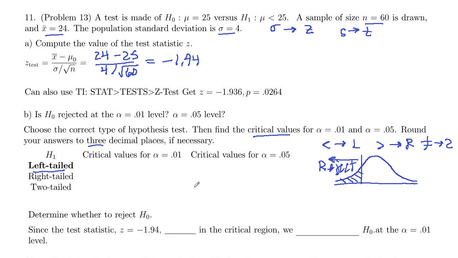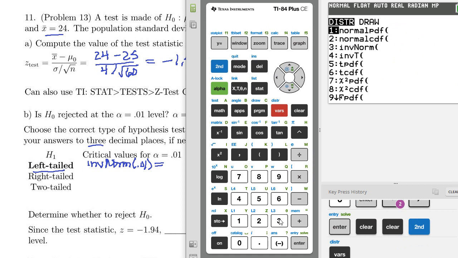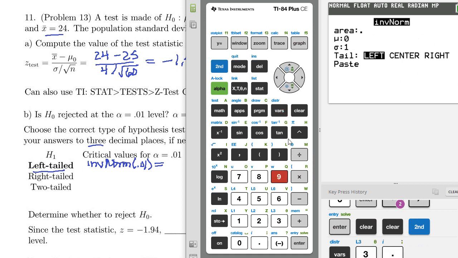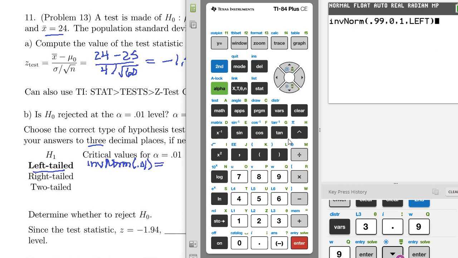So we would use inverse norm and 0.01 to the left. So our critical value here is going to be inverse norm of 0.01. Let's go ahead and do that real quick. So 2nd, VARS to get to the distribution menu. 3 is inverse norm. We want 0.99. We're leaving mean 0 and standard deviation 1 because we're dealing with z-values. So 2.326. And,